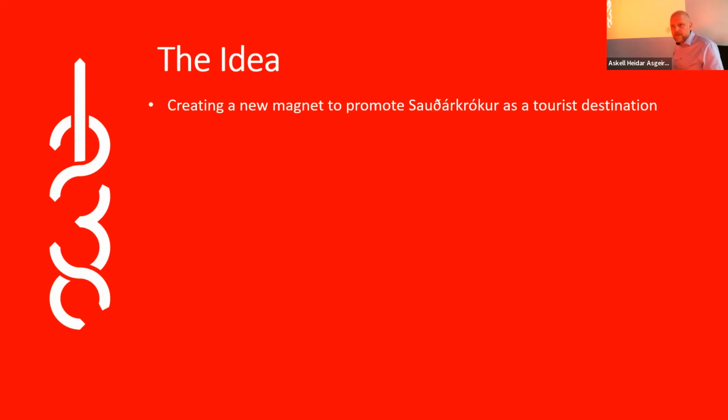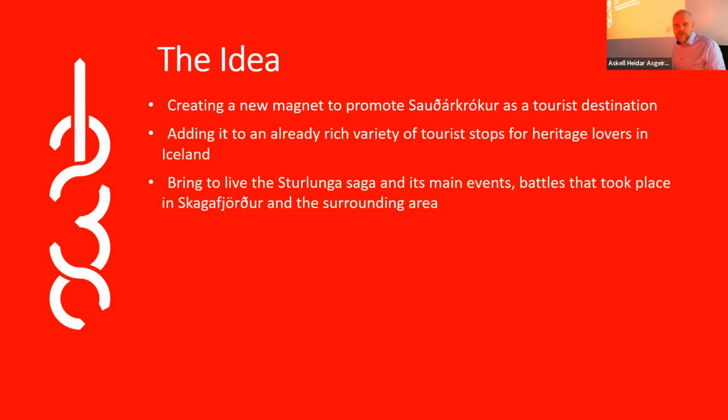But this project, the Battle of Iceland, started as an idea to create a magnet for Sauðárkrókur, which is a town up in the north, a town of around 3,000 people. The project was mainly aimed at first to promote Sauðárkrókur as a tourist destination, and of course add one more stop for heritage lovers in Iceland, both from abroad and Icelanders who want to learn more about this history,